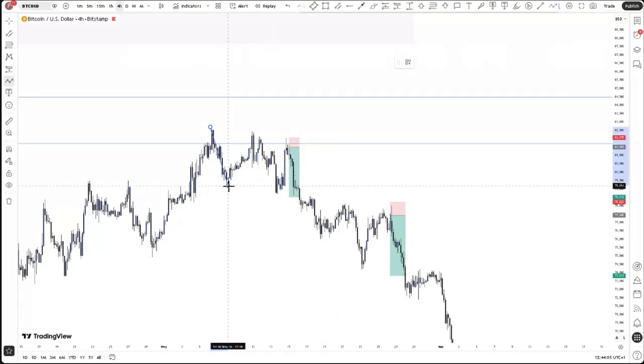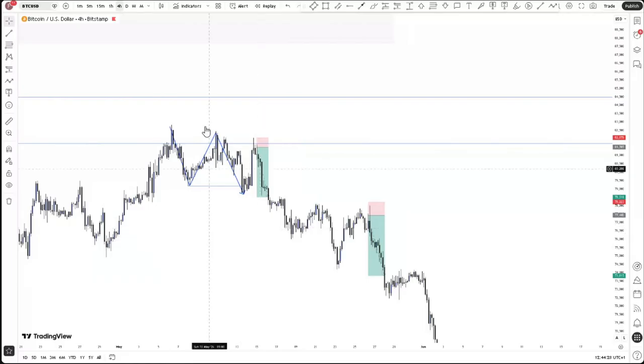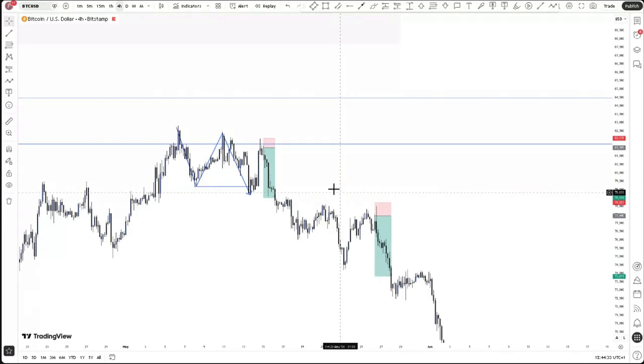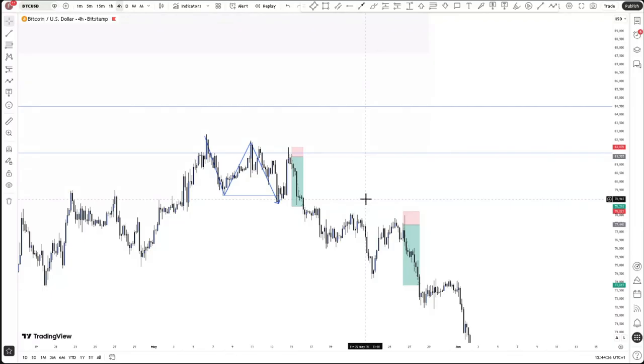Okay, price came to that key level, tapped it, gave us what? Rejection, then came here. Instead of creating a higher high, price rejected and gave us what? A higher low. This alone means that price is giving you a market structure shift. Now, what it means is that price is rejecting at this level. So the minute you see this, remember, this is 4 hours. All right. The moment you see change of character on 4 hours, excuse me,